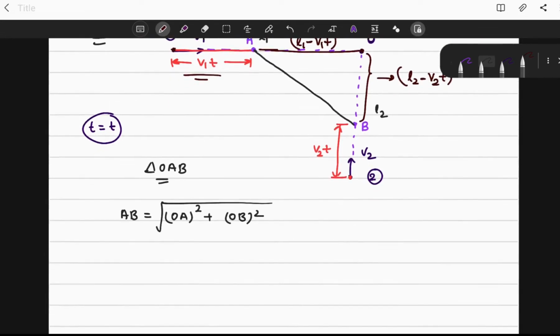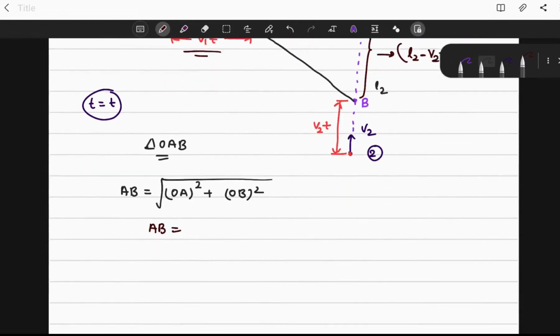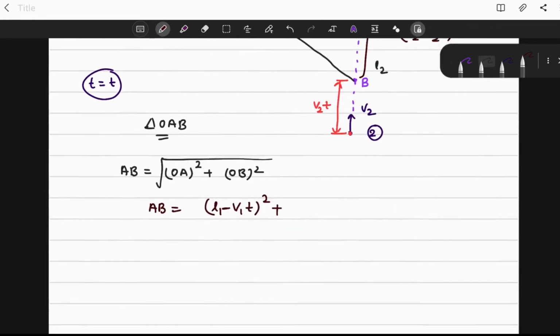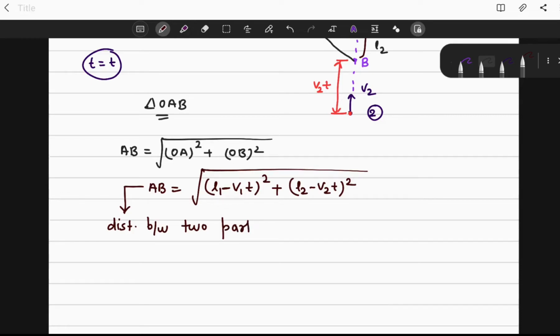So the distance AB we can write as the square root of (L1 minus v1 t) whole square plus (L2 minus v2 t) whole square. So this is the distance between the two particles at time instant